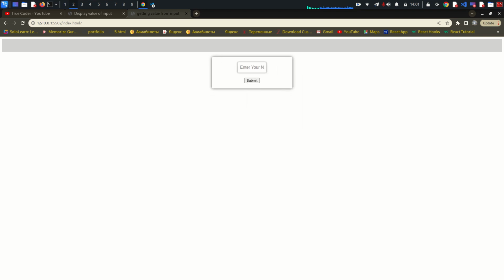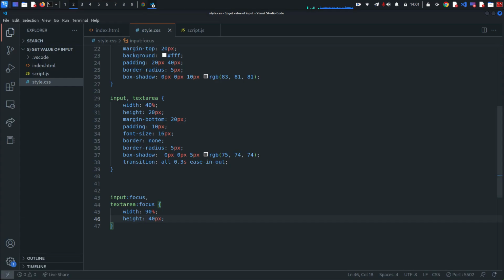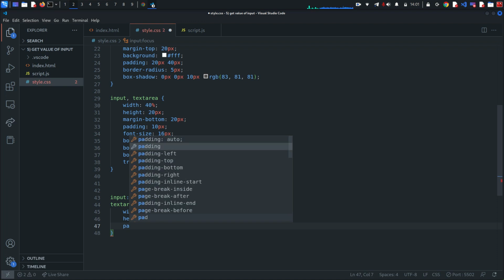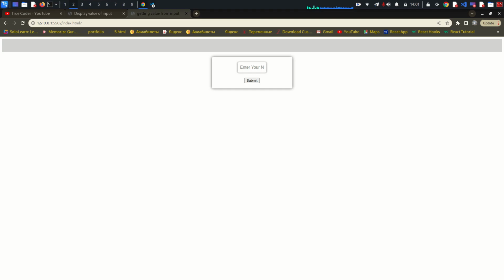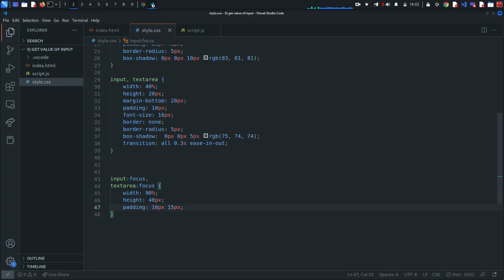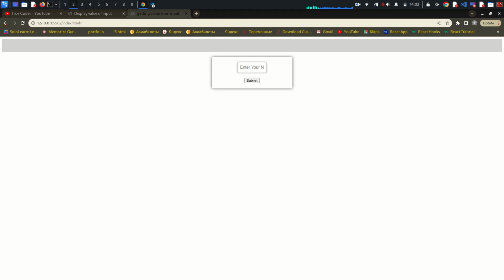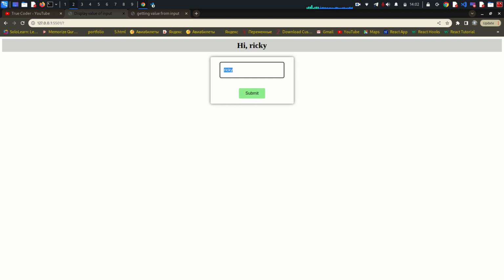It's done. Okay, let's carry on, and then I would like to add some padding of 10 pixels and 15 pixels from left and right. Here it is. You see padding 15 pixels and 10 pixels. And right now I'd like to style our button. Actually there is one missing thing. For example, look guys,